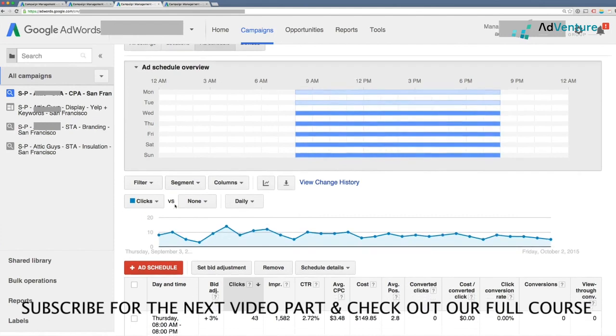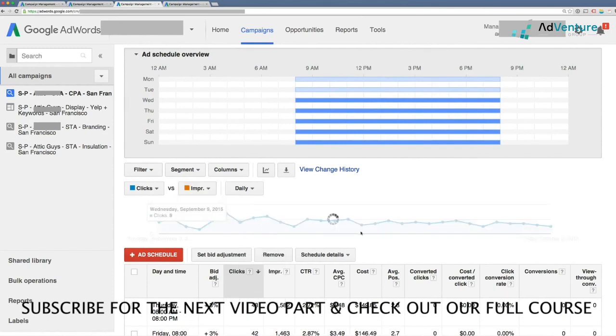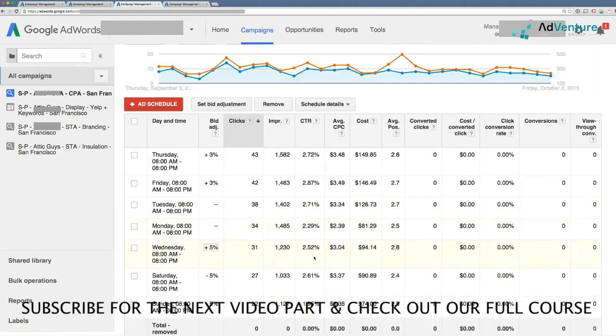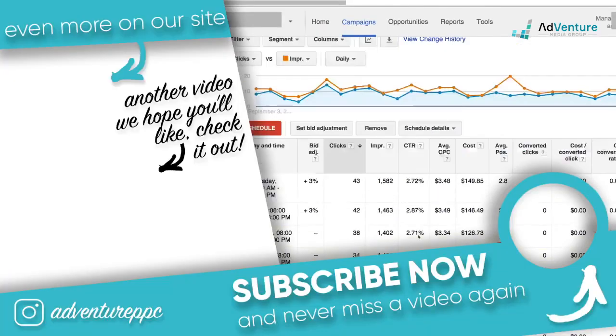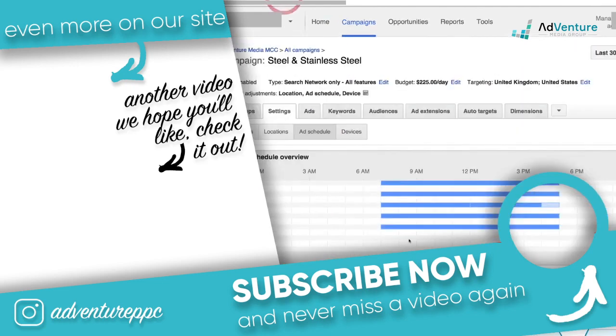And over here, we once again can see our charts for clicks. I could see clicks versus impressions by customizing this graph. Okay, and I could see my data and compare and contrast it with the different times of the day and days of the week that campaigns are running. Here's yet one other account that's running Monday through Friday, 7 to 5, and there's a positive bid adjustment